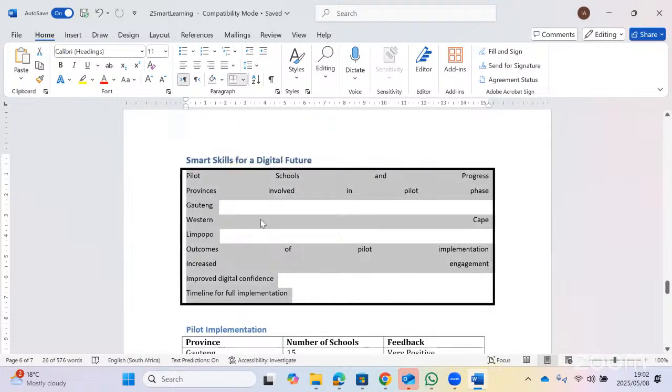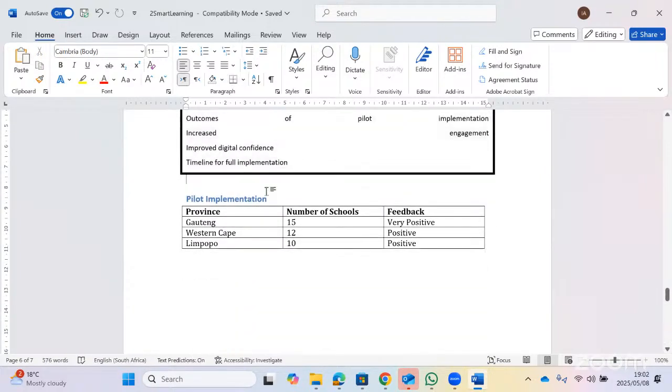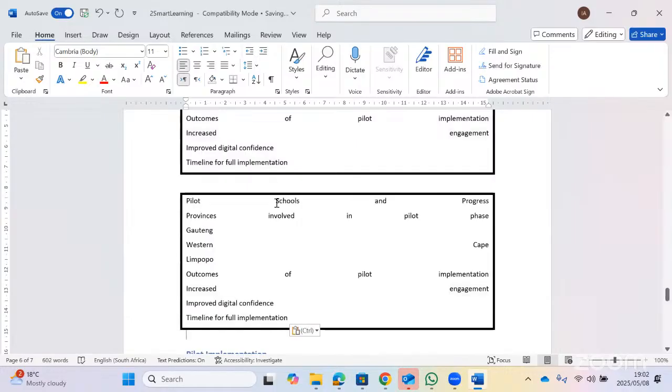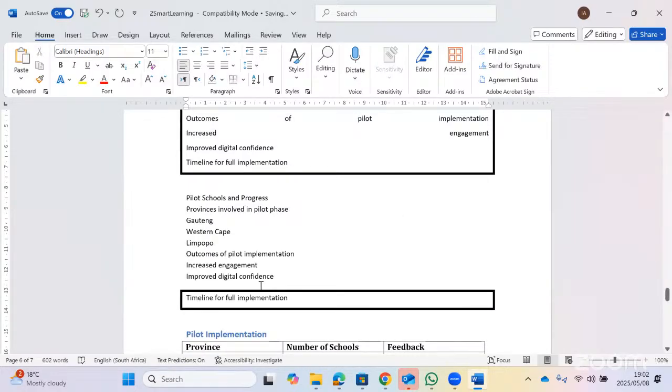Let me just copy this information and put it outside. Sorry for this error. Here, I don't need the border around this page. So I must remove it. I want to just put it without the border. Now, when you select it,